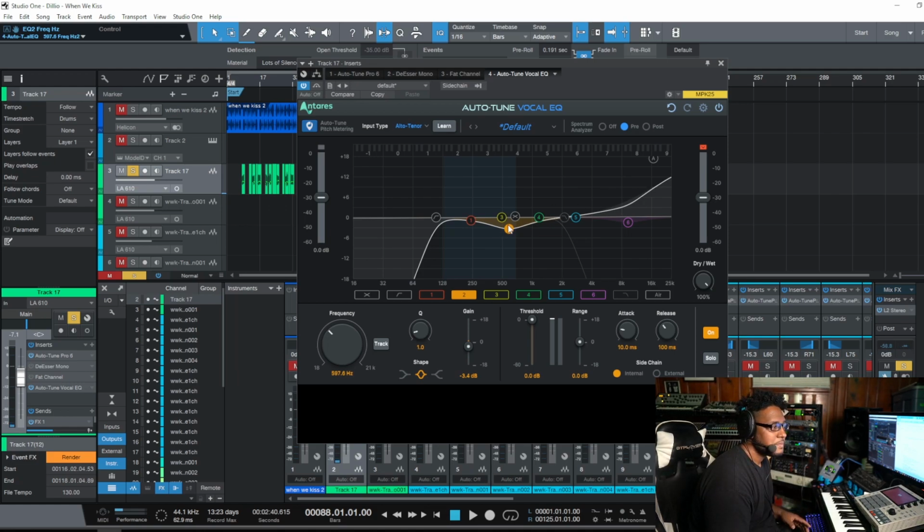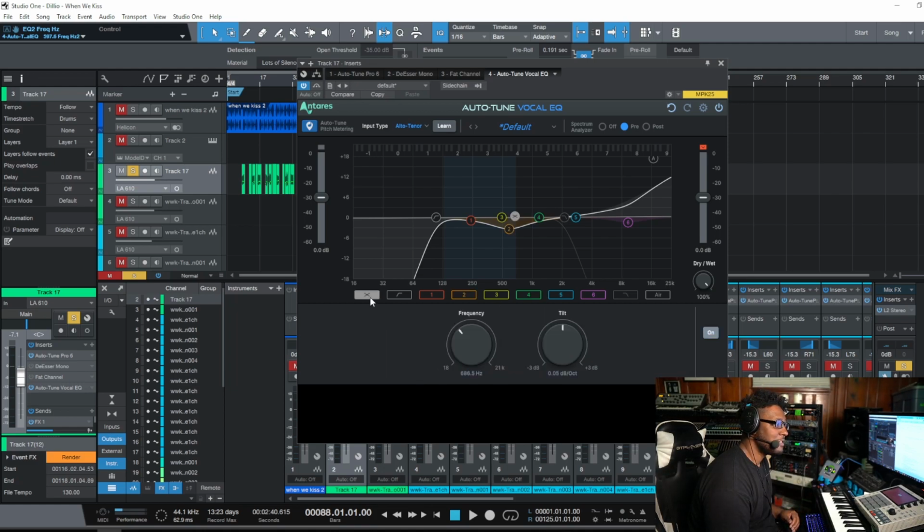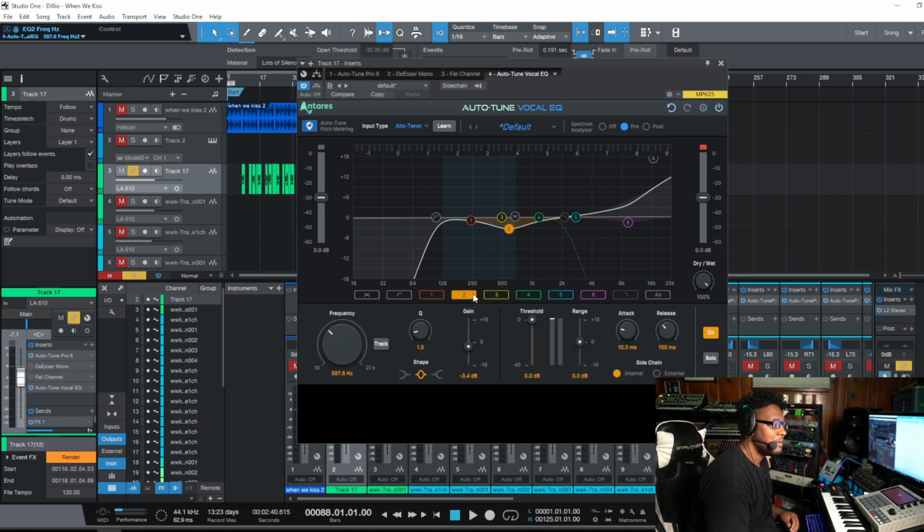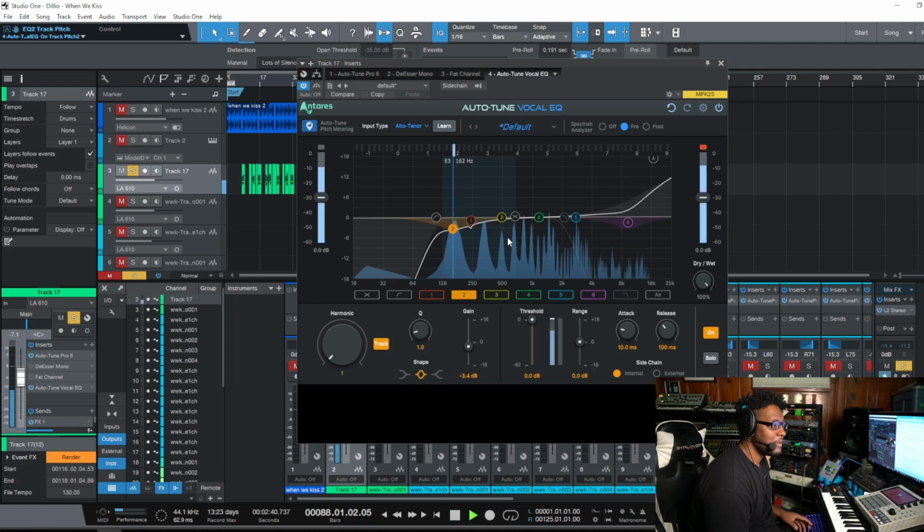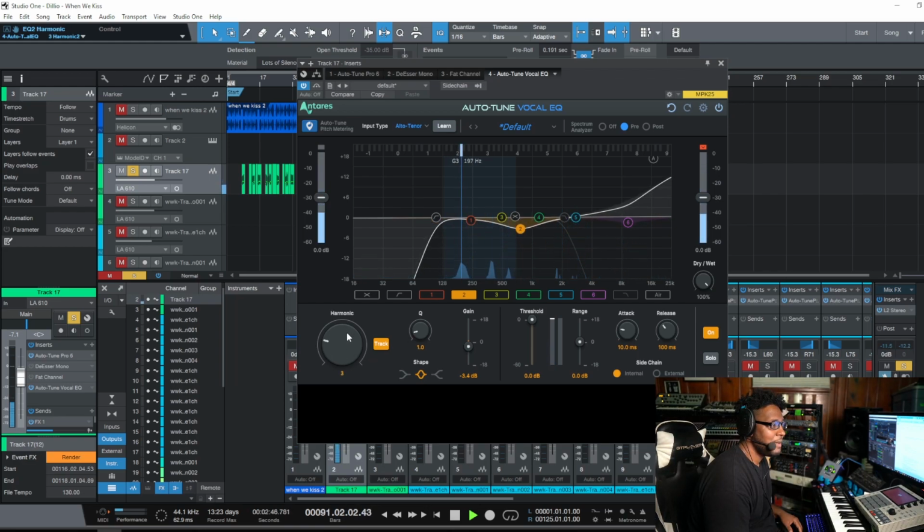So I can bring that down and let the gain be brought down a little bit as well. But there's also the pitch tracking feature. So when I click on track, look what happens to this node. When we kiss. So if I want that fundamental to be up here, and when it's on tracking,